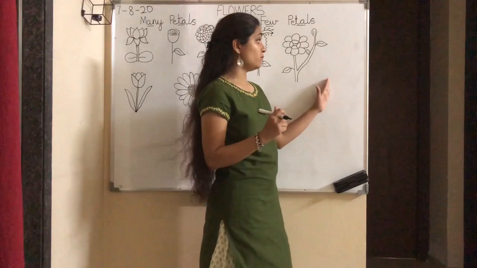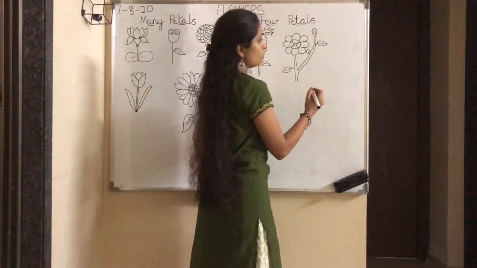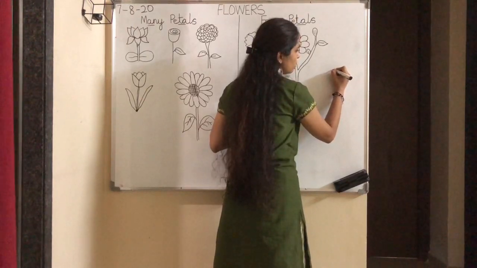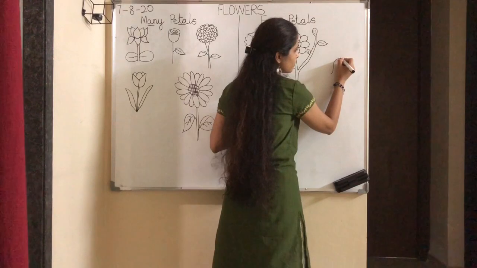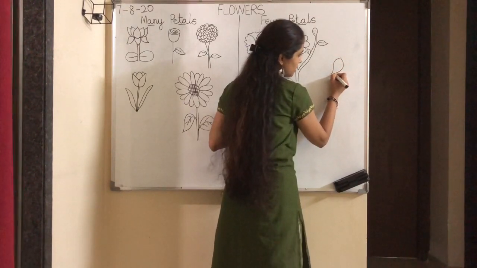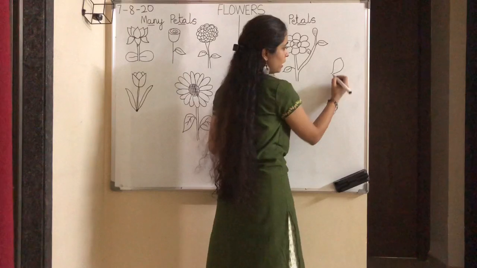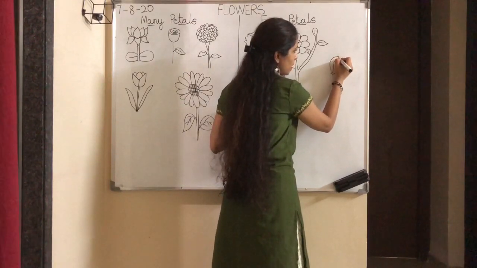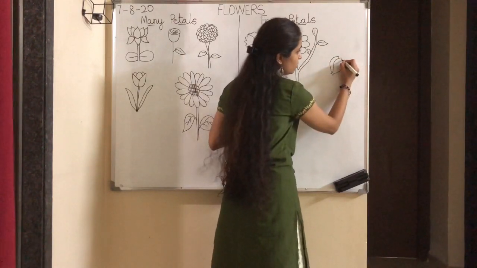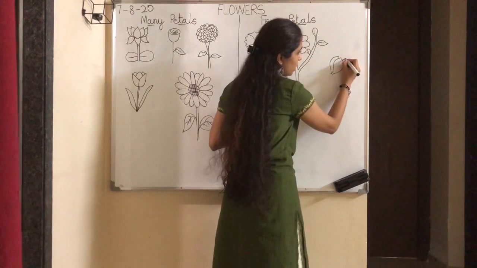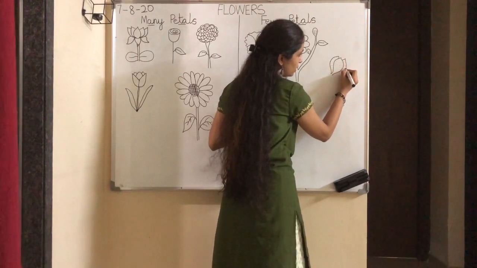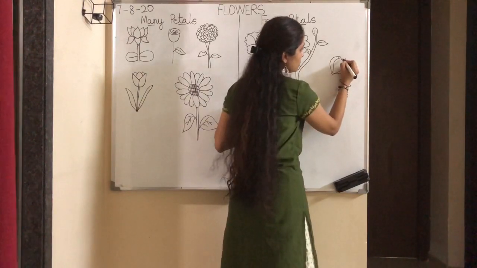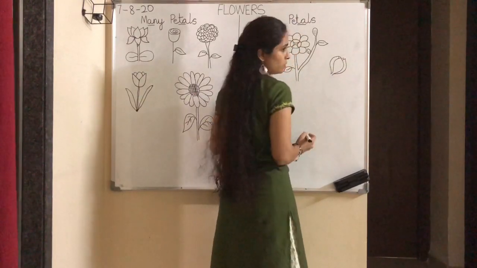Now we will draw the third flower, that is champa. Now see how you are going to draw the champa. From here, you draw the petal, go up like this and come down like this. Okay. Then from here, again you go up, stop and join. Then again from here, up, go down like this and join. Then over here, small mountain, over here, small mountain.